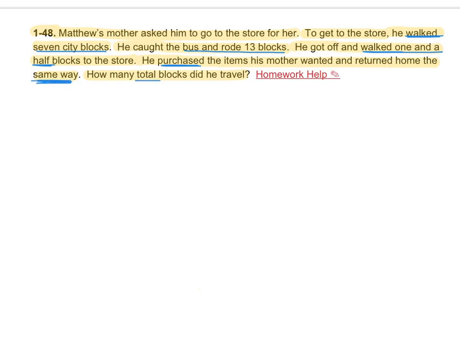So if I'm looking for total blocks he traveled, the way going to the store and the way going back is the same type of same numbers, same blocks. So a diagram could look like that for me. He walked 7 blocks. He rode the bus, so on the bus for 13, and then he walked 1.5,